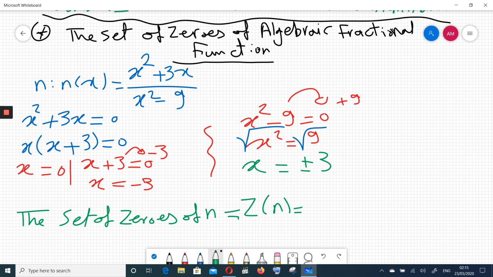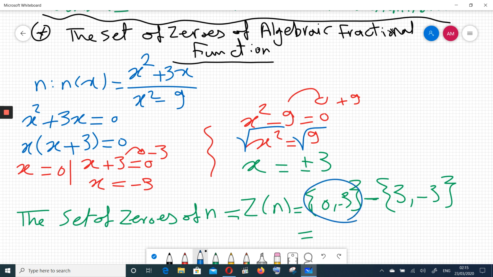What about the zeros of the numerators? Yeah, it's 0 and negative 3. The difference the set of zeros of our denominators, 3 and negative 3. So the final answer here, the difference, that's meaning which element we have in the first